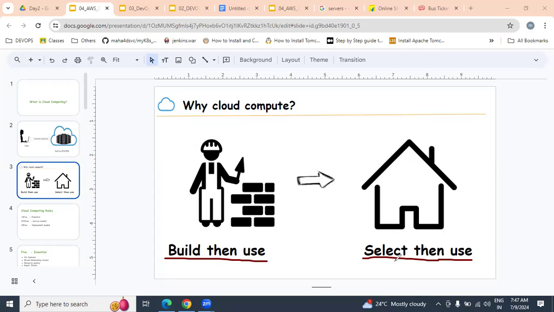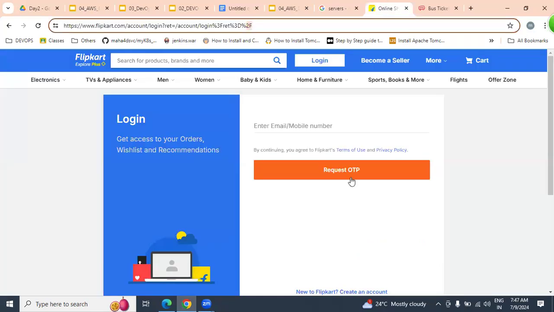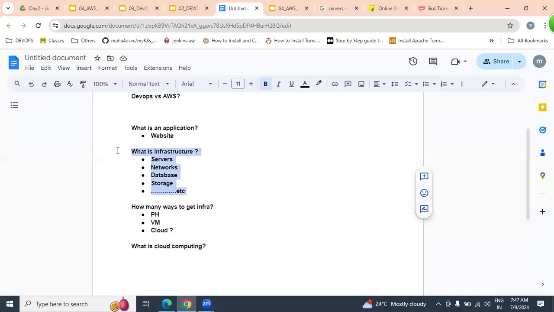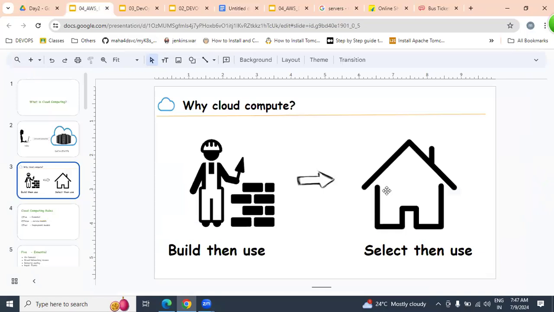The same way, just for maintaining our websites, what kind of infrastructure is required? We go to the cloud, get it, use it, pay for it, throw it. That is nothing but cloud. Cloud is a rental-based infrastructure.